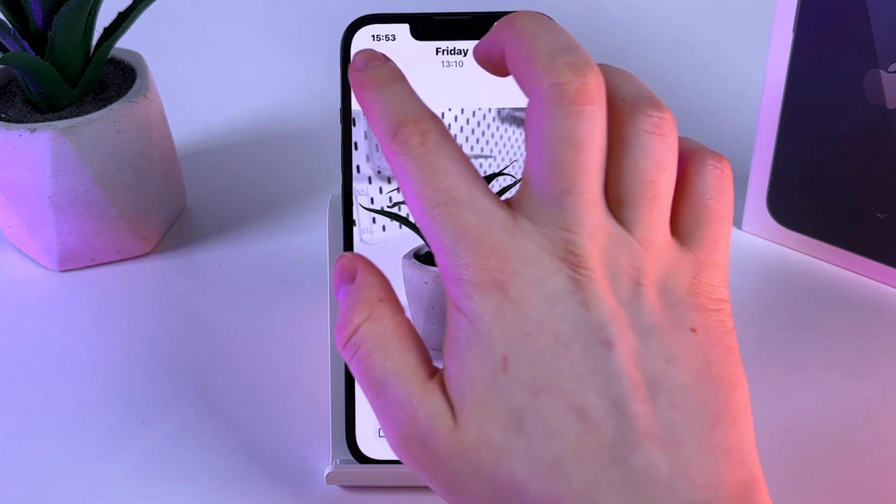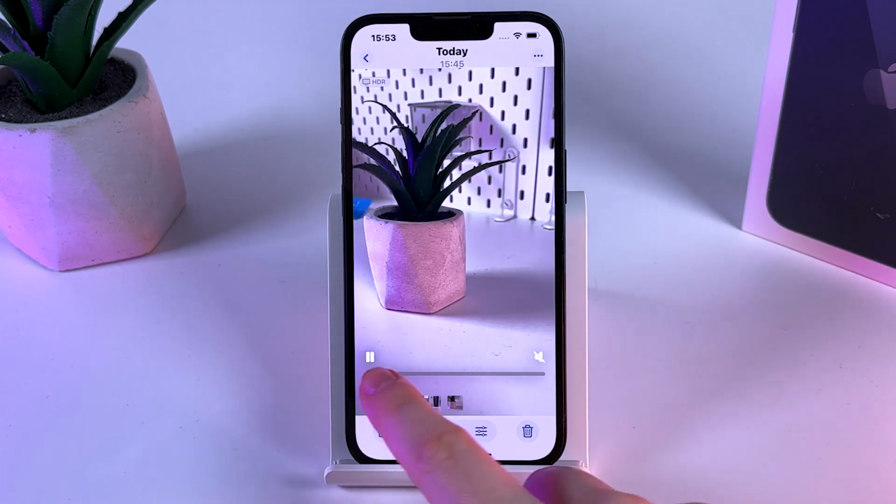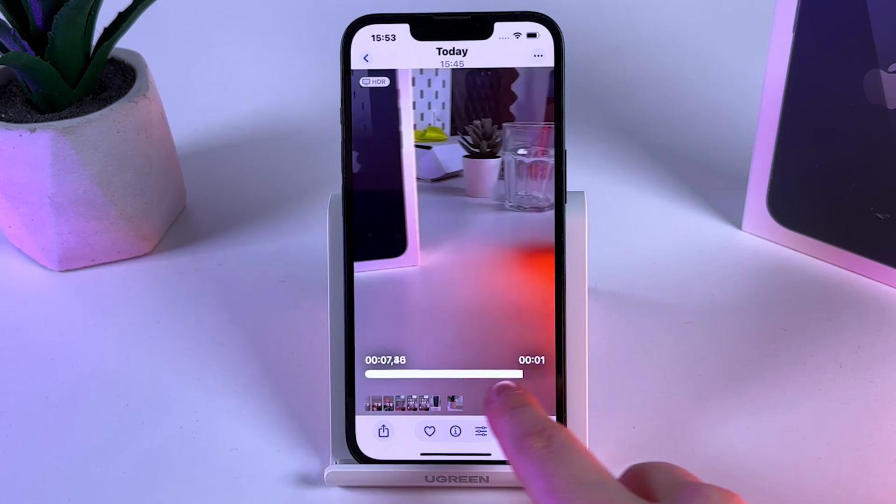Let me show it to you. So here is our video that we have edited. You can see this transition that was right there,